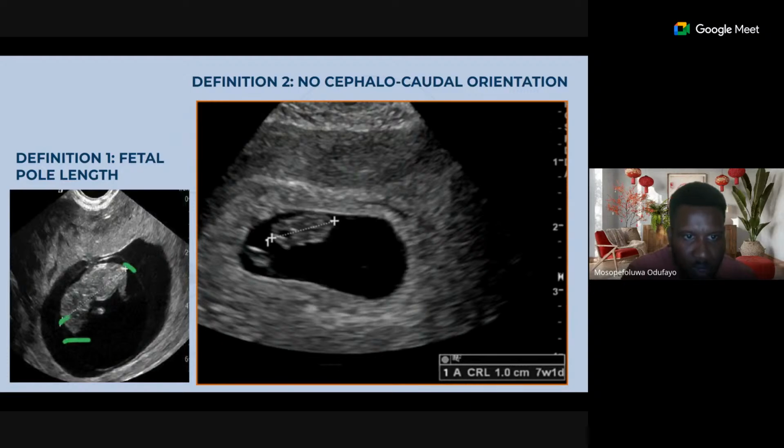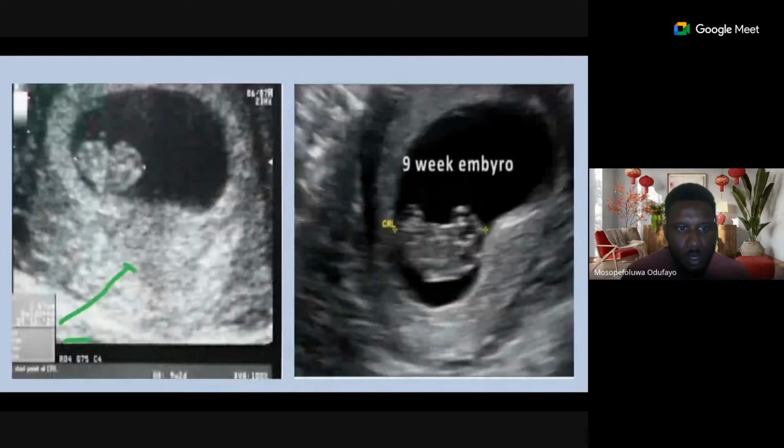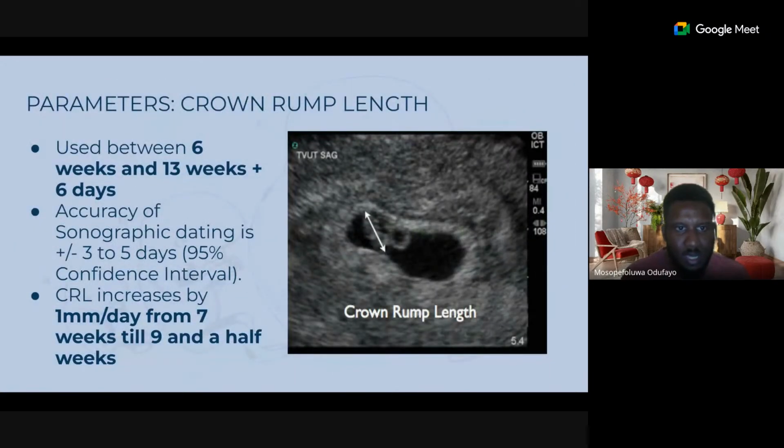So we can take the well-differentiated cephalocaudal regions. But contrast it with this one. I don't know where the head is. I don't know where the bum is. So what I do is I rock my probe until I get the longest axis. And there we have it, the CRL. Is that okay? Good. Then that's it again. This is another CRL. We can't really tell where the head is. We can't tell where the bum is. Take the longest axis. That's what's going to give you the CRL in these two places. We can see that.